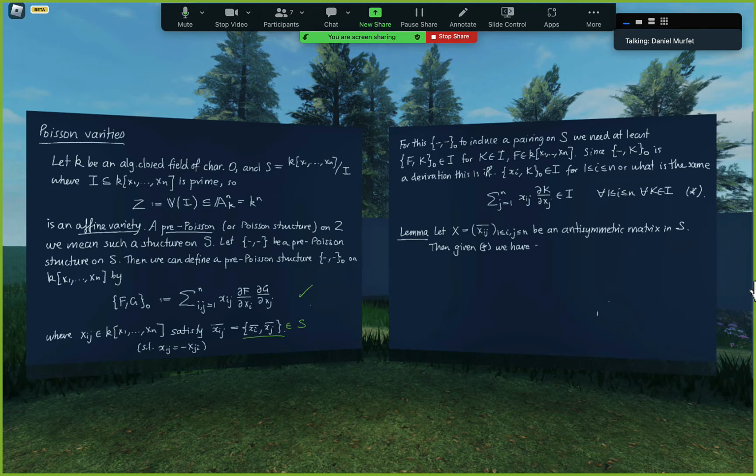We have a pre-Poisson structure on S, defined by: take two elements, choose representatives, differentiate the representatives,